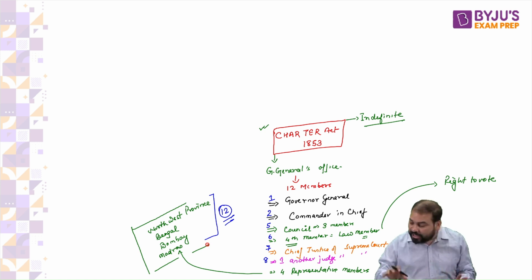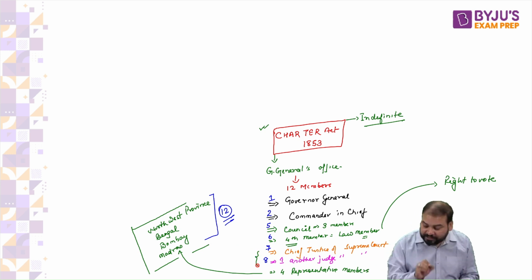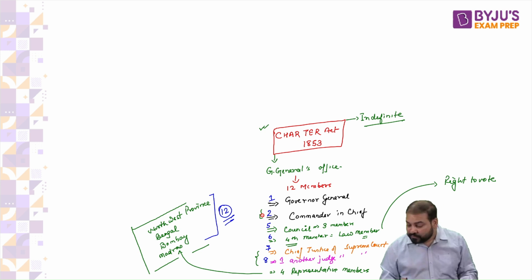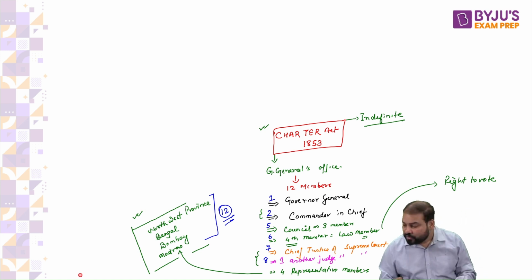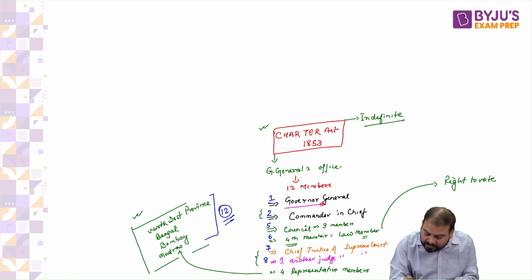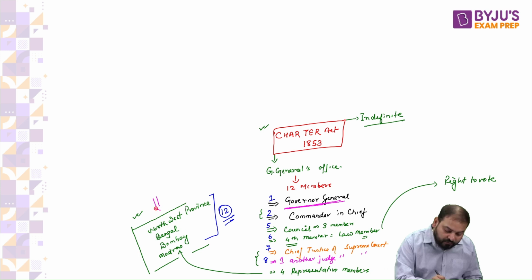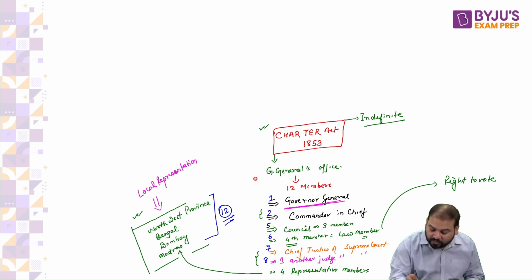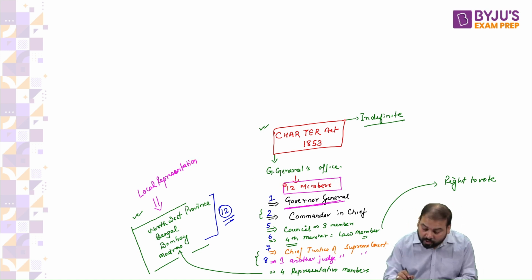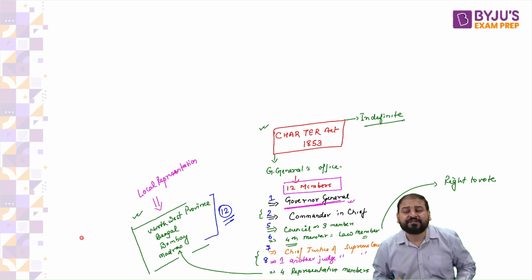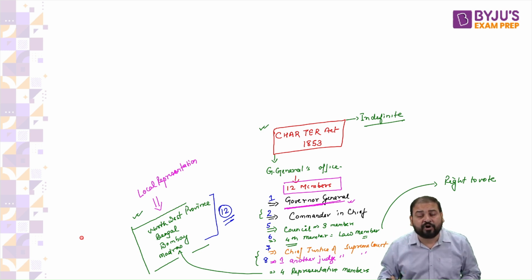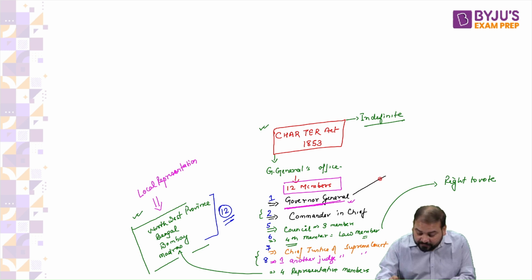Everyone, rest all are from the center. Of course, 2 members are from judiciary, 1 member is from army, 4 members are the local, I would say, what you call representation. No, guys, Governor General is still very powerful. In spite of all this local representation, becoming a 12-membered body, this Governor General is very powerful. And Rajesh is asking, sir, don't you think the powers of Governor General got diluted? Let me tell you, everyone, Governor General